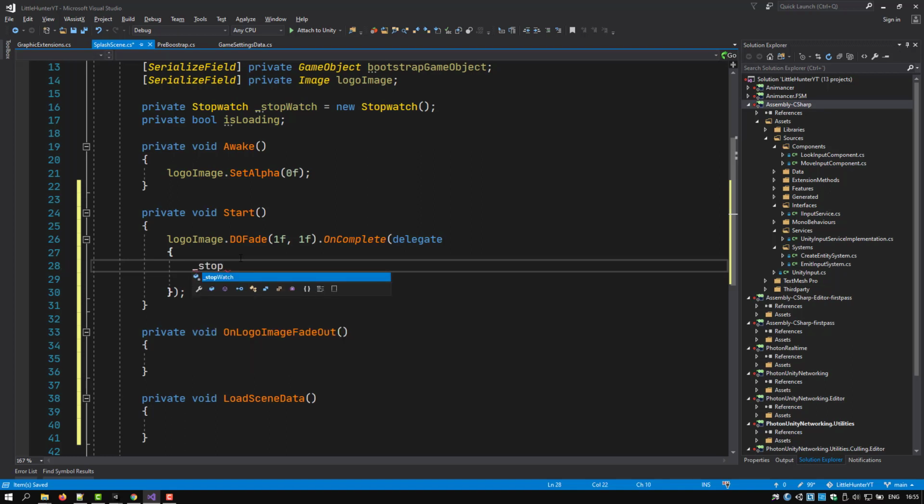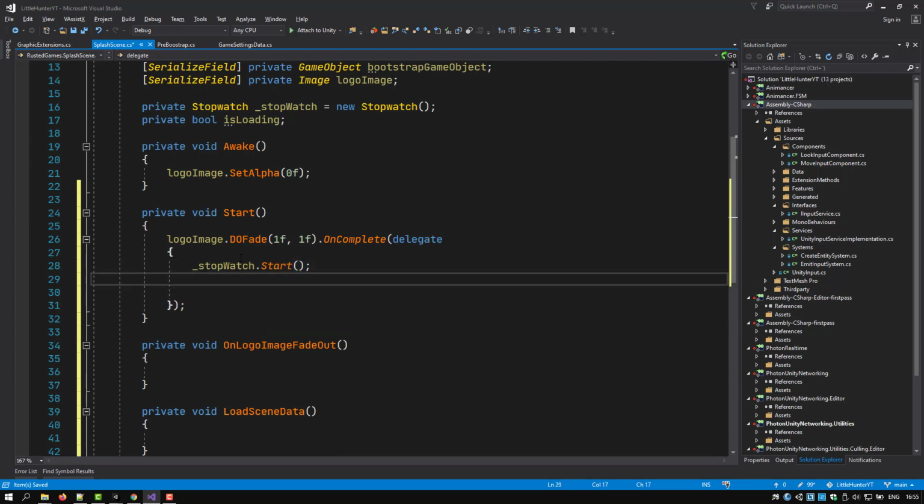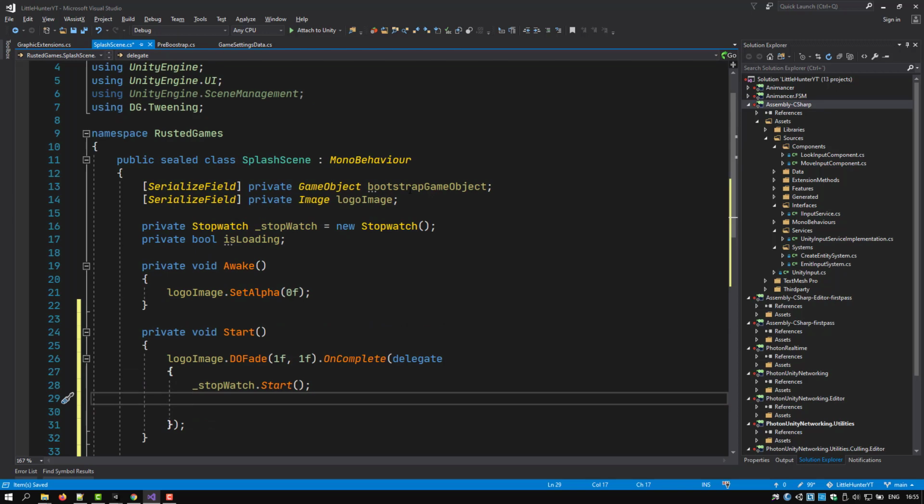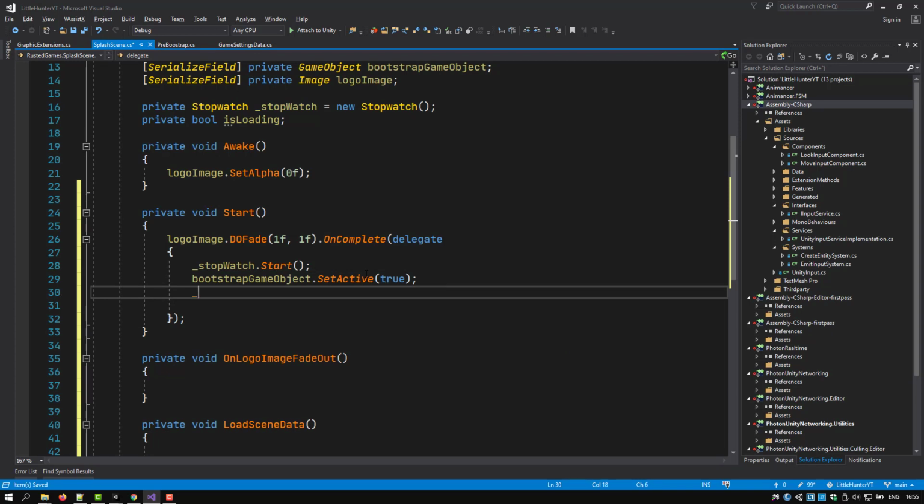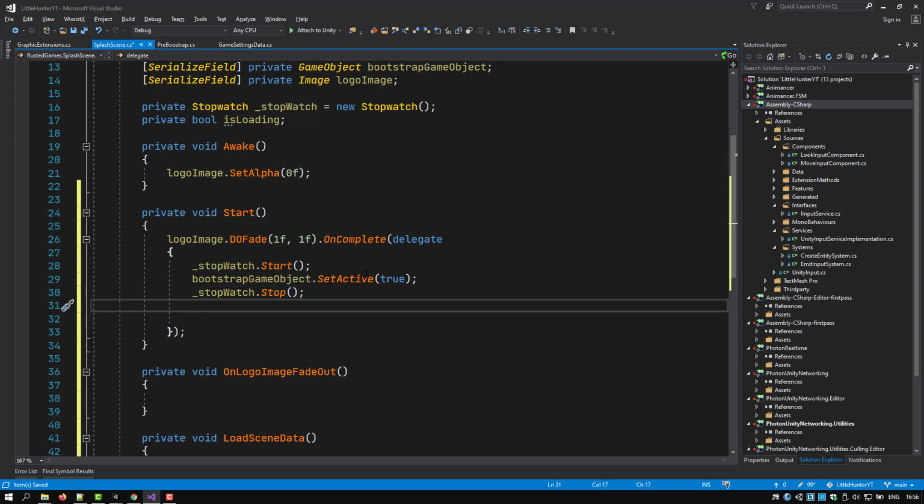So first of all we are going to start our stopwatch to start counting. Then we have our Bootstrap game object and we want to set active to true. Then we want to stop our watch. And what we are doing here is